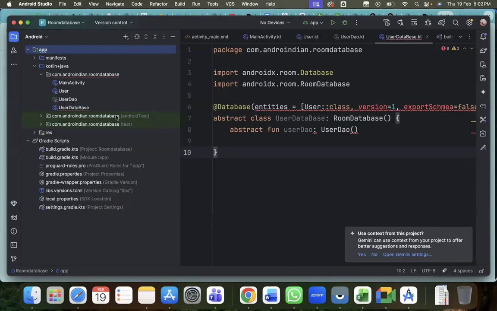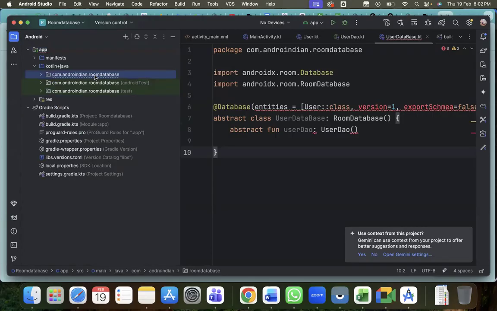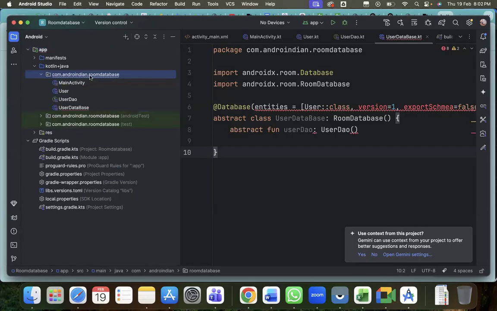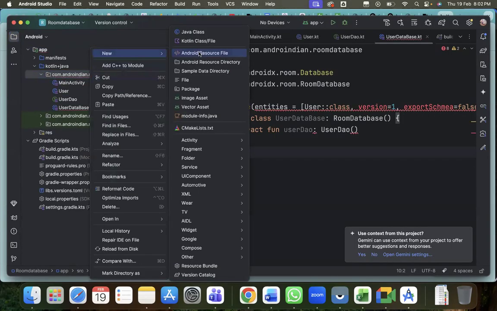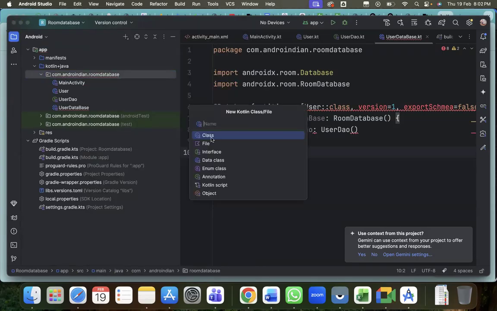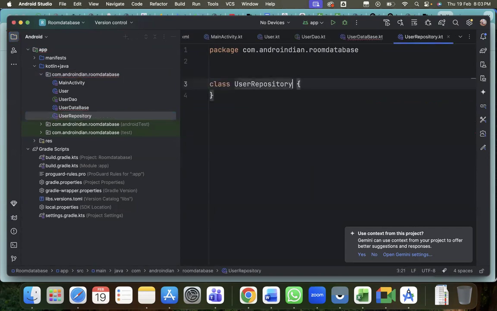Then after here, we have to create a UserRepository class. For that, again, I'm right-clicking on the package name. Here I'm creating one class called UserRepository. So in this UserRepository, now